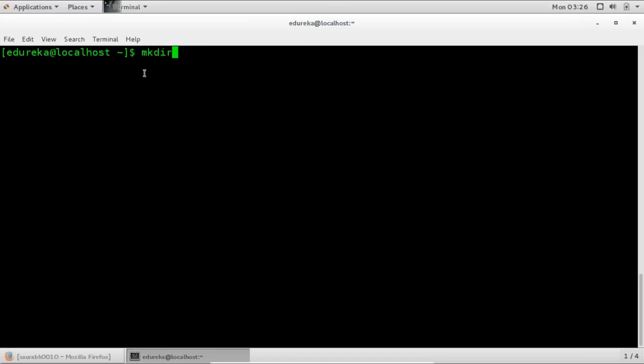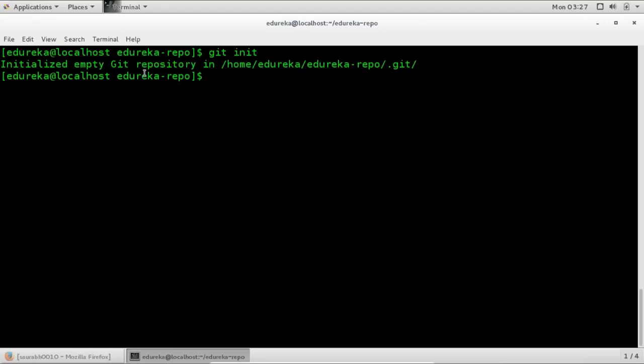So now let me first make a directory and call it edureka-repository. And I'll move into this edureka-repository. The first thing that I need to do is initialize this as an empty Git repository. For that, all I have to type here is git init, and it will initialize this empty directory as a local Git repository. So it has been initialized now. As you can see, initialized empty Git repository in home